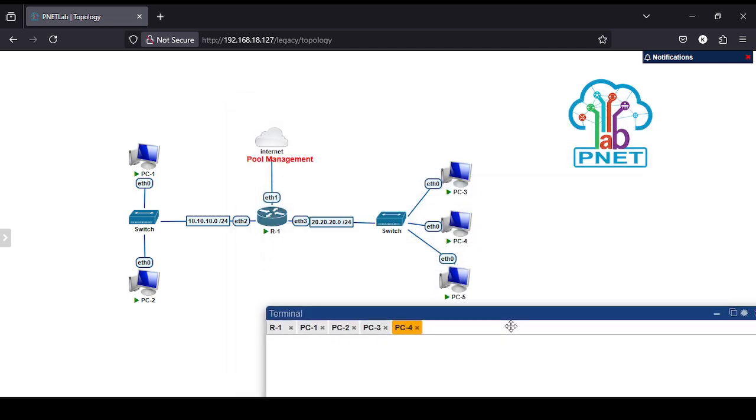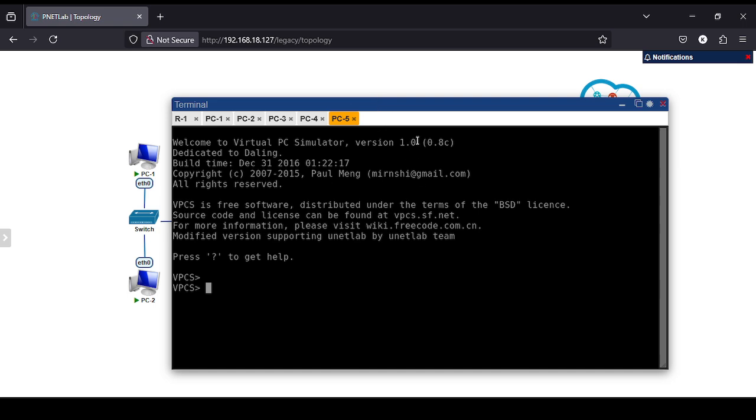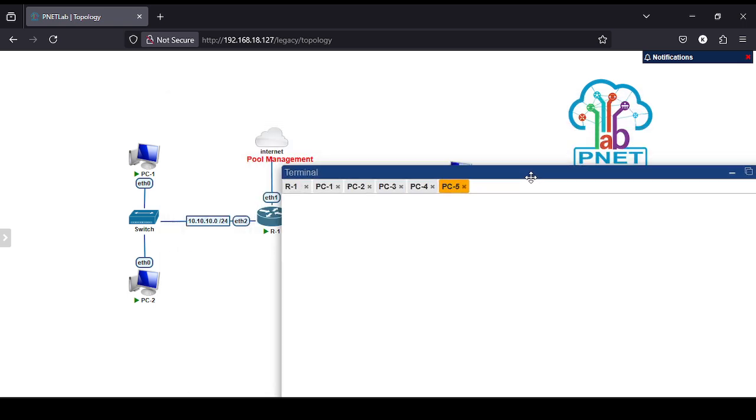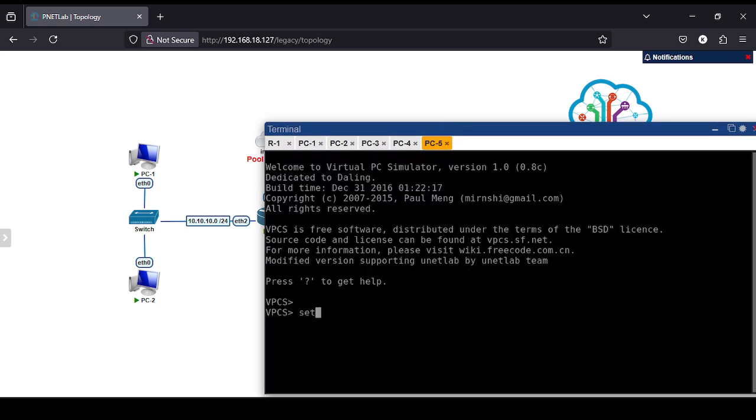But what will happen if we configure PC5 using the DHCP client? Set PC5. As we know that the IP addresses in the IP pool are